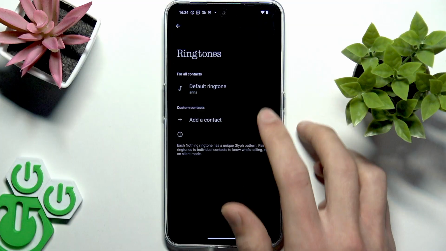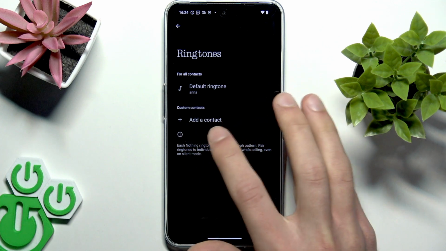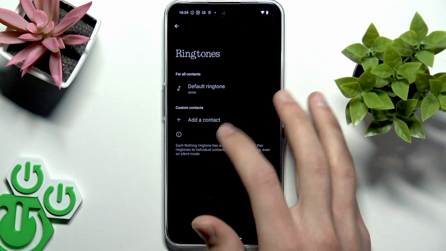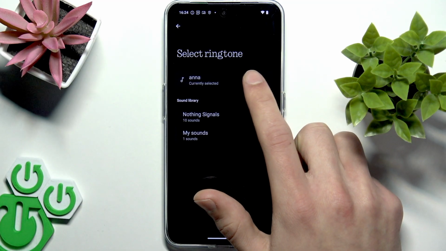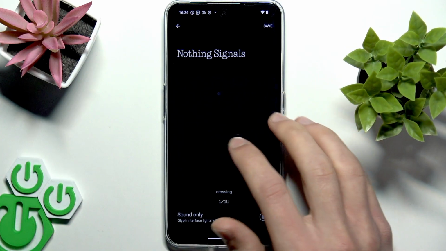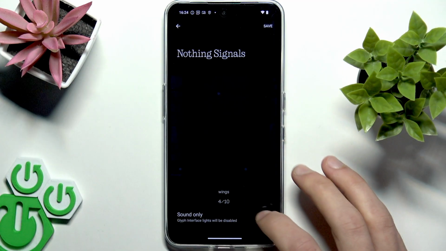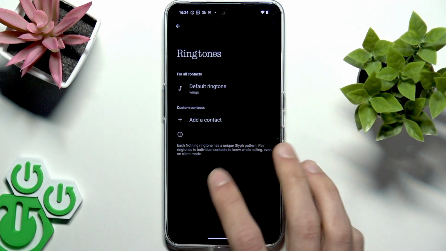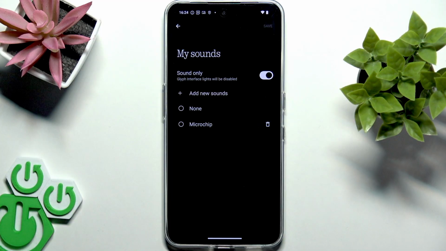So go to your ringtones and you can select a ringtone for all contacts, or you can select a custom ringtone for some specific contact on your list by tapping right here and selecting your contact. Then you'll be able to select one of 10 standard ringtones. Just choose whichever you like the most, and if you want to disable the Glyph blinking, switch this toggle to the right and then tap done when you're done, or you can also select your own sound by going to